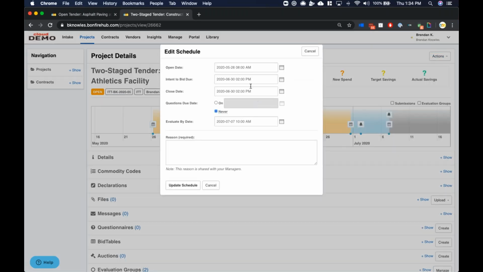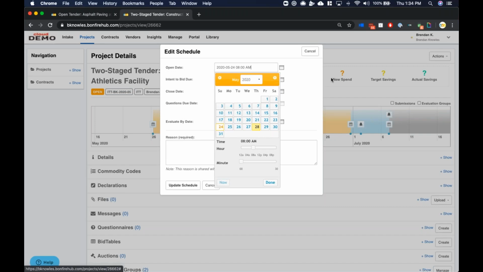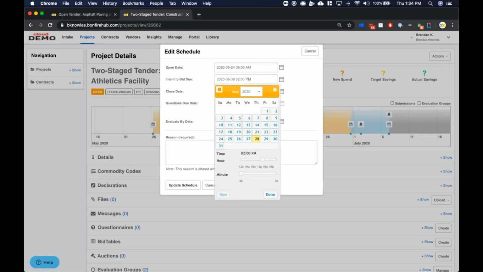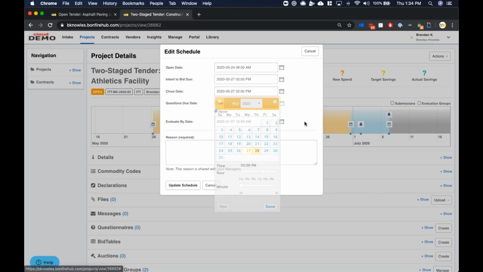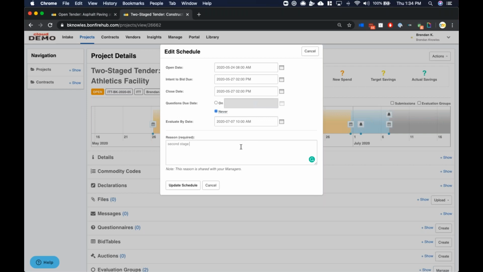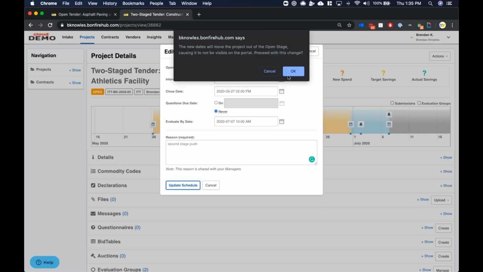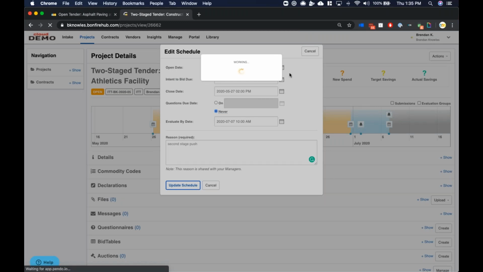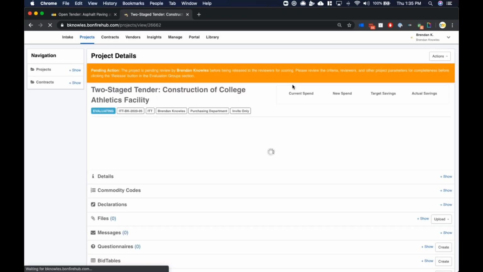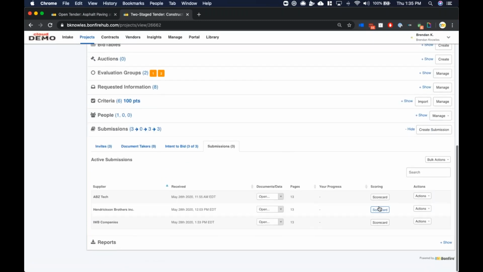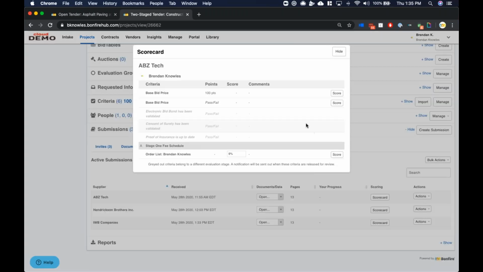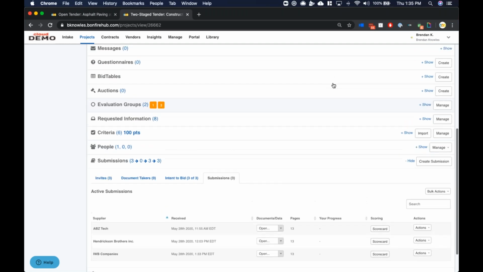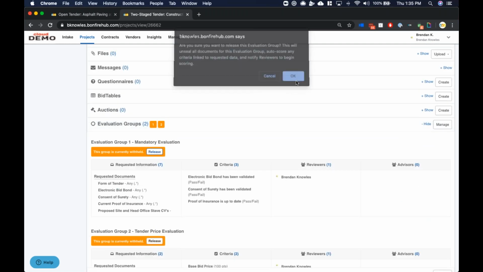So very similarly here, again, I'm just going to manually push this project over into the evaluation stage to walk through another best practice, which is using our reopen feature designed to facilitate something like reopening a project into a second stage of collecting information for further evaluation. Perfect. So just like we would have in the past, we're going to walk through the evaluation process by viewing the relevant documentation and then opening up the scorecard. Now, I'm going to take a bit of an expedited stance here. I realize I have to release these evaluation groups to begin.